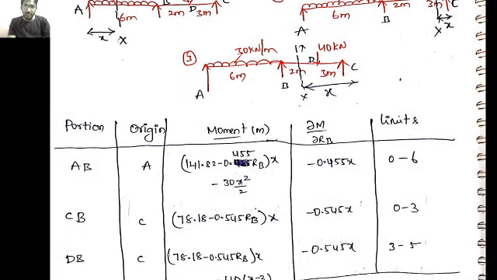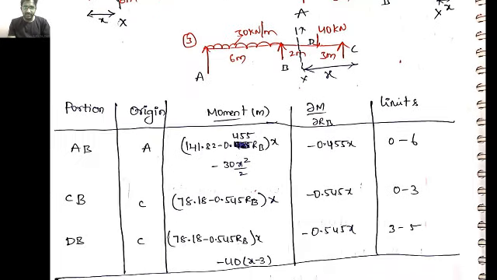Okay, then we will move to the third sketch. Beyond the load, that is the 40 kilonewtons, we are taking the section in the portion DB. Same thing, origin at C. What are the moments that will appear in the section CB? RC into X. Here I am mentioning perfectly what the distance is and what moments will come. Okay, RC into X. What is RC?